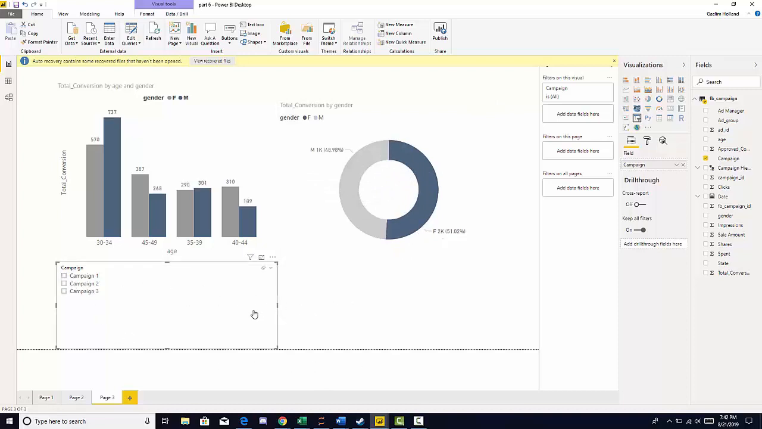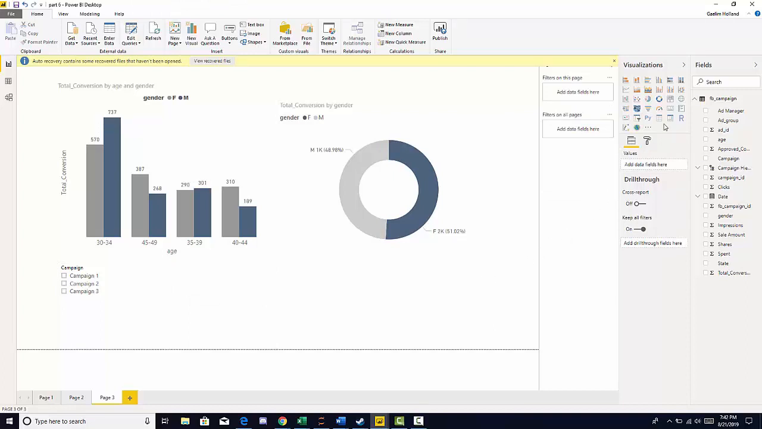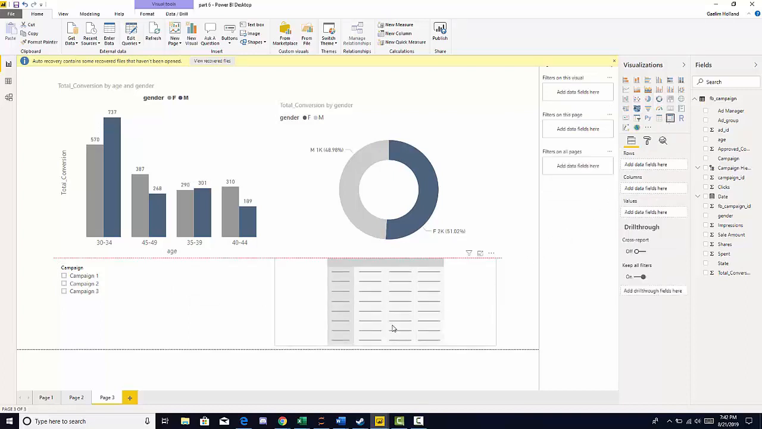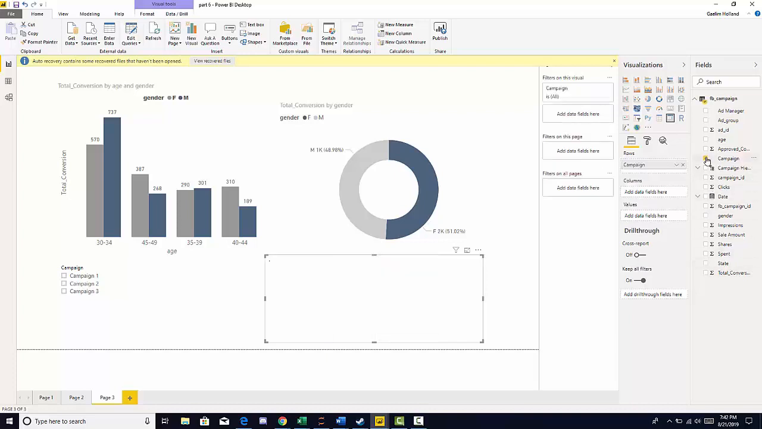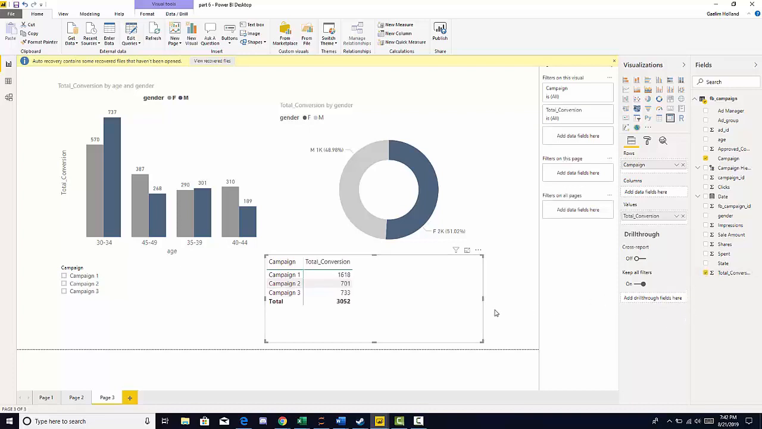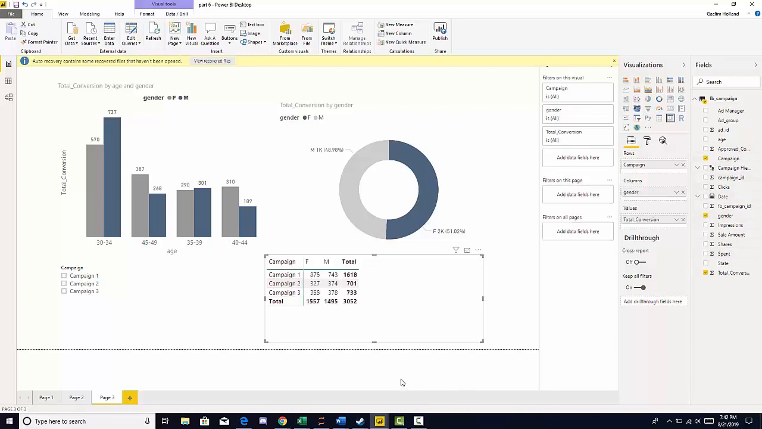We can also create a pivot chart. So go to the visualization, choose pivot chart or matrix, click campaign, which is going to be our rows, total conversions as our value, and then for our columns, we can choose gender. Now, this value is not in a percentage, and we would have to take some time to calculate it if we wanted column